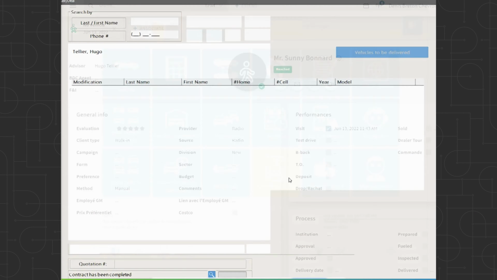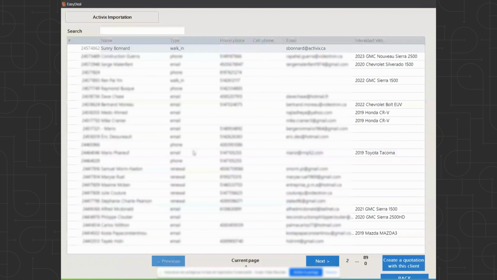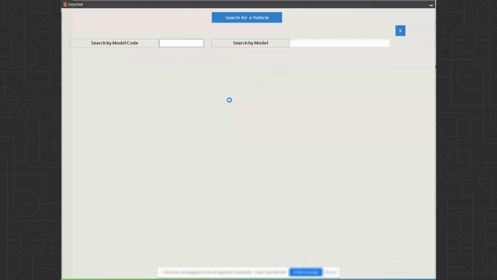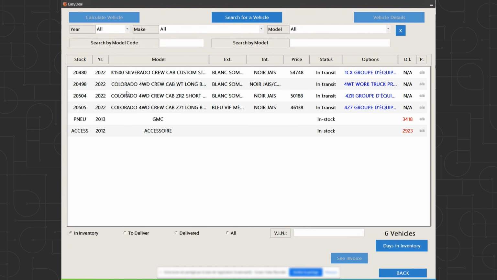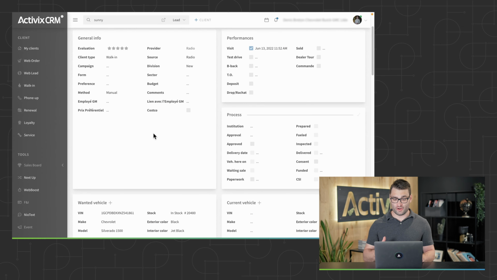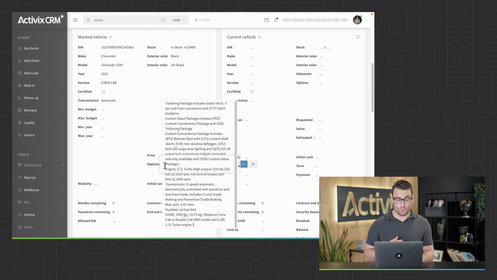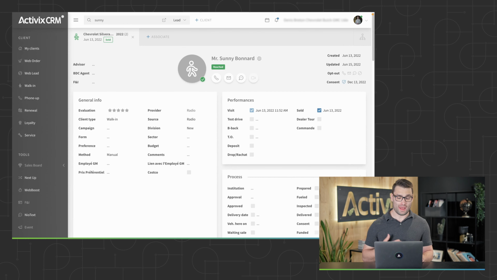We'll go into the quotation bank, click on Activix Import, and then select the customer on the top. The latest customer created in Activix will always appear at the top of the list. We'll select the customer, and then we'll select a vehicle. Then, overnight, I'll receive this vehicle as such in Activix with all of the vehicle's information as well as the